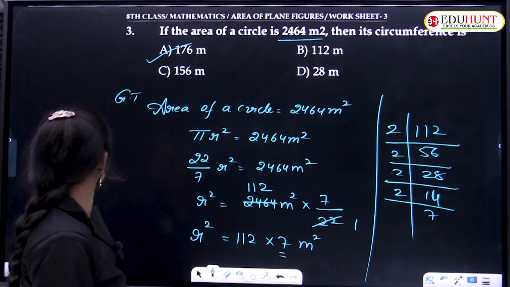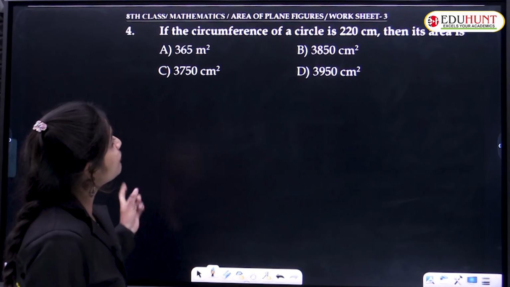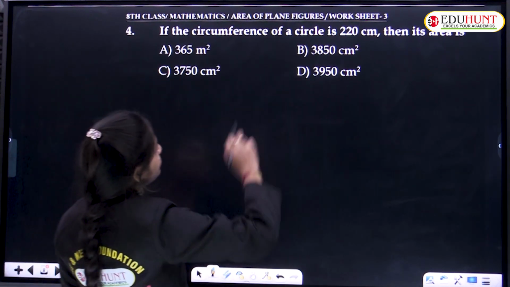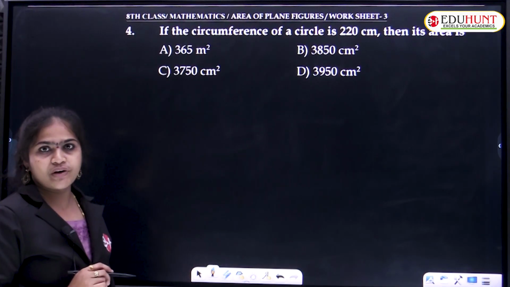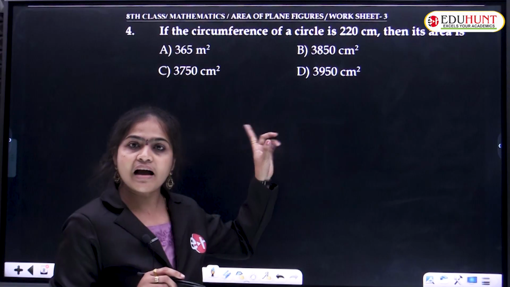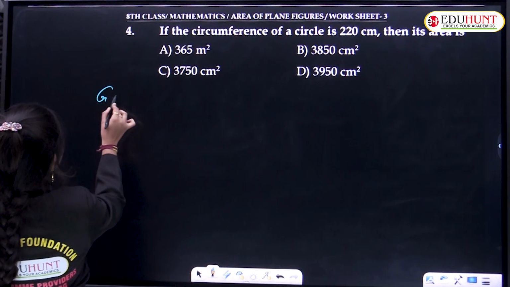Okay, yes. Next question number 4. If the circumference of a circle is 220 centimeters, then we need to find its area. Before going to find the area, first we need to find the r value, the radius value. Okay, given that